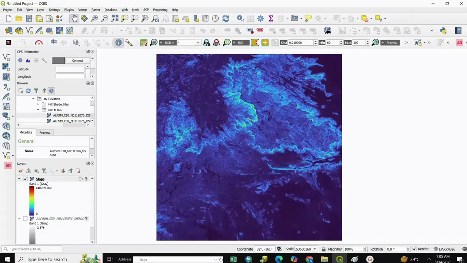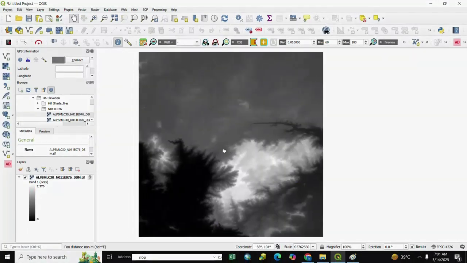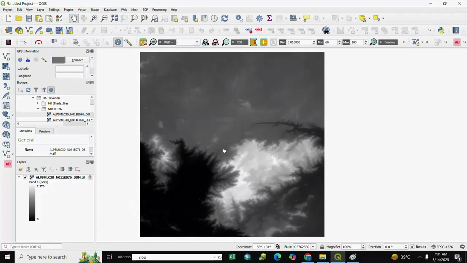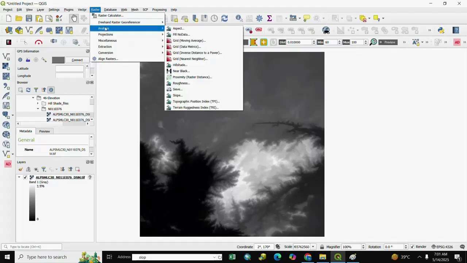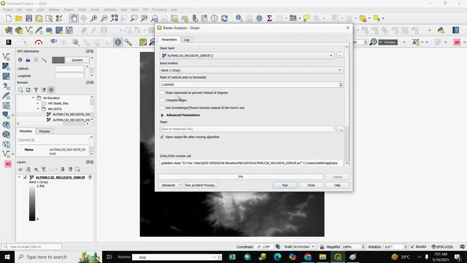So let's start. Here is our image. We create slope. For slope, we go to Raster and select Analysis. After Analysis, we select Slope, and here is the input and band number, band 1 gray, and the ratio of vertical units to horizontal.